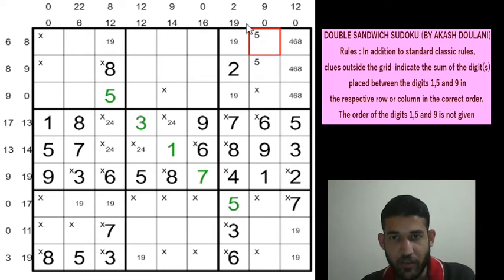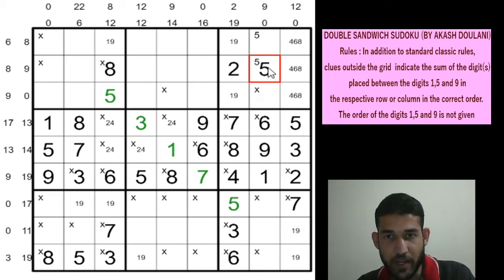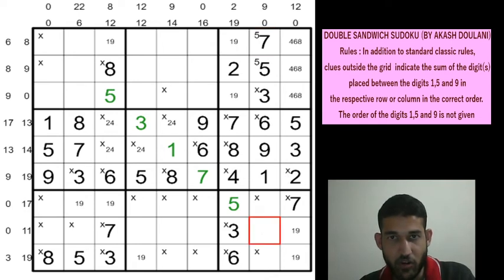Okay, so we have satisfied the 0 clue by using 1 and 9 here. We have to satisfy the 9 clue. If you mark the 5 in row 1 column 8, then these 2 cells will add up to 3, because 3 plus 6 will give you a 9, but then for the 3 we need 1 and 2, which is not possible. So we need a 5 in row 2 column 8. So this will be a 3 and that will be a 7. So this is going to be 2, 4, 8. This will be a 2, 4, 8, and this will be a 2, 4 and 8.